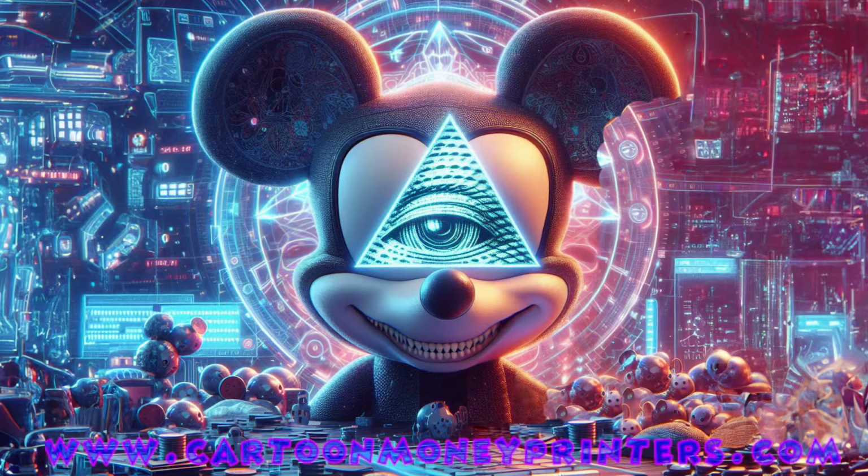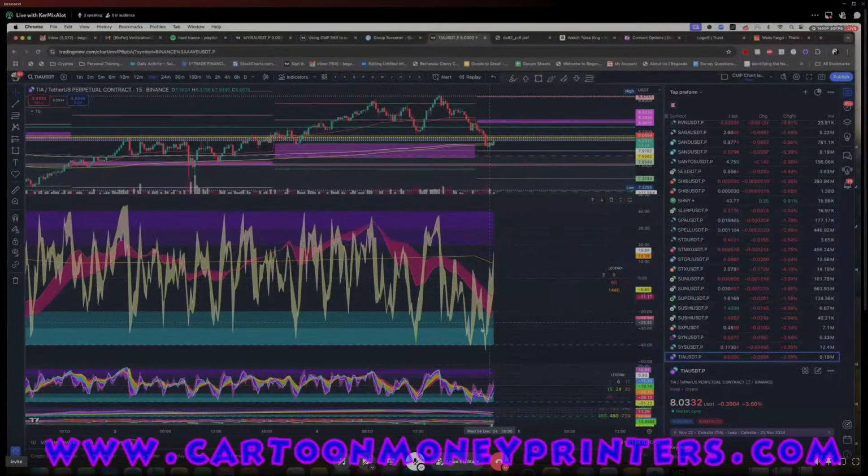Okay, so I'm going to focus right now on the scalp ribbon. I have two separate styles. This one right here is where the yellow is a ribbon with the 3 and the 9 minute time frame, and the red is the 1 and 2 hour. And this orange line coming through here is the daily. Daily will not usually affect my scalp trades, but it could affect a swing trade. So right now the 1 and 2 is coming down, and as you can see, Tia is trying to bounce,